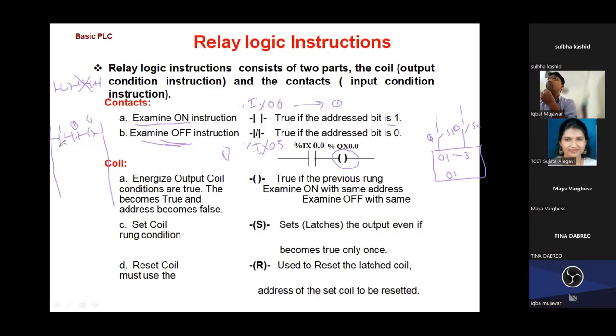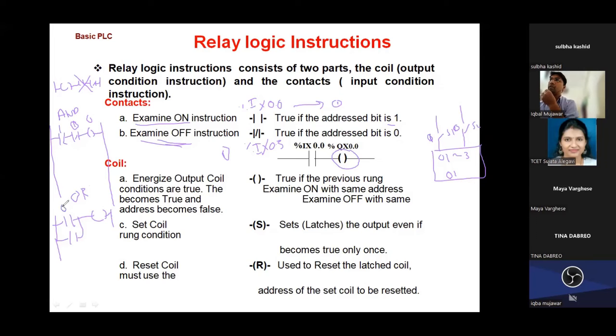That kind of operation I am getting if I'm creating the rung like this. Suppose I'm creating the rung, pass the logic, output coil, and here also one more pass the logic, I'm doing the branching over here. That means a single output I'm connecting with the 2 examine on, but both are connected in parallel. Then here I'm getting the OR operation, OR logic. Here this is the AND logic, and this is OR logic. OR logic means if any one is true, the output will be true.